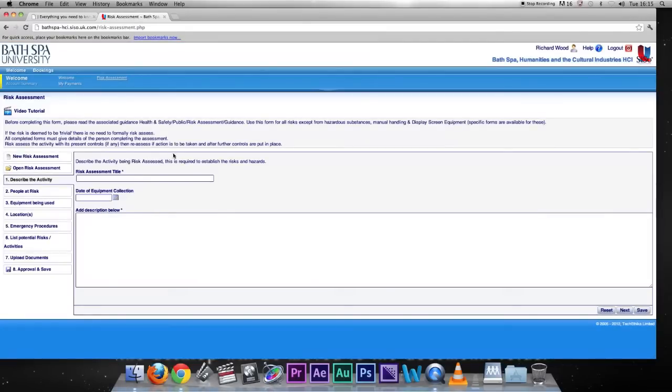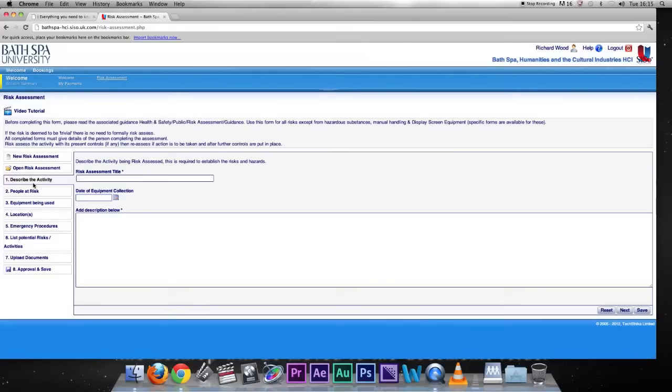Now don't forget there is a tutorial about this on the front page of SISO, but this basically allows us to get as much information off you as possible with regards to how you're going to be using the equipment. So with large loans that are going to be taken off site, we ask that you complete a risk assessment. This is a document that makes you think about the potential risks and hazards you might face whilst using our equipment. It's a document that you will make, and it's a document that will make you and the equipment safer